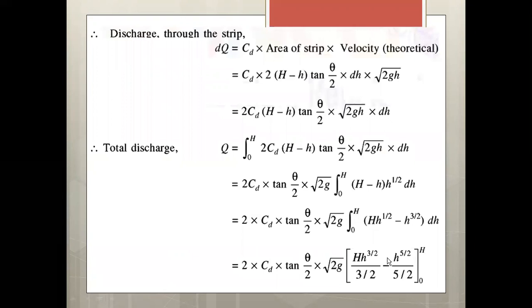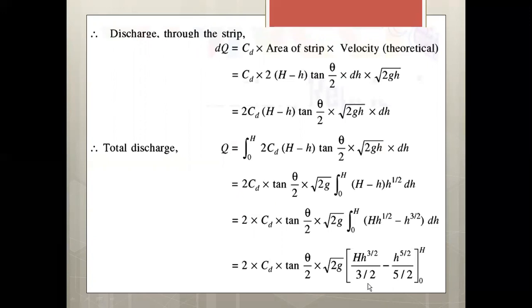Therefore, discharge through strip dQ is equal to Cd into area of strip into theoretical velocity, which is equal to twice Cd into (H minus small h) into tan theta by 2 into under root of twice gh into dh. Hence, now the total discharge through a triangular notch or weir is given by Q is equal to integrating from 0 to H twice Cd into (H minus small h) into tan theta by 2 into under root of twice gh into dh